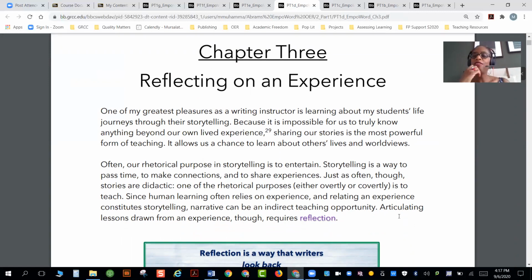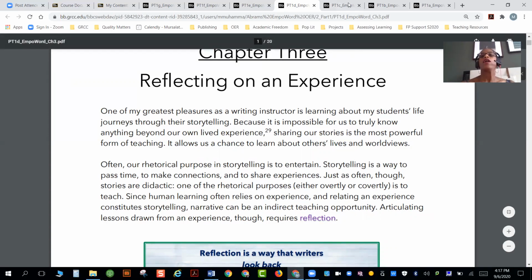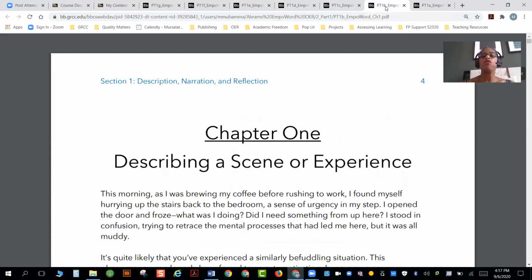When we stop and we think and we reflect, we try to figure out, well, what is the learning? What is the meaning? How am I developing or maturing through an experience or significant moment in our lives? Okay, so chapters 1, 2, and 3, using all of them to create your personal story narrative for the first project. Now, what you will be asked to do for each of the chapters that we're looking at right now,